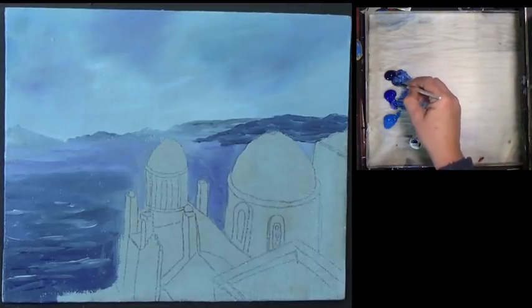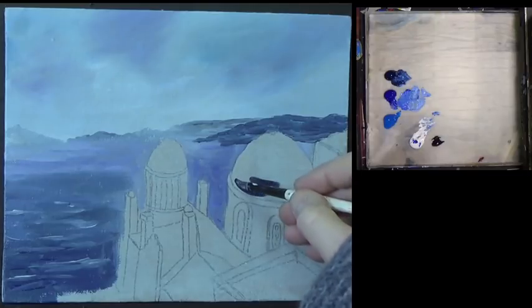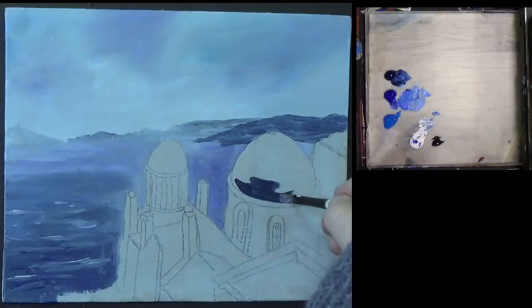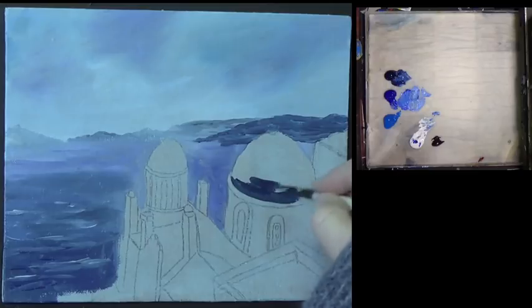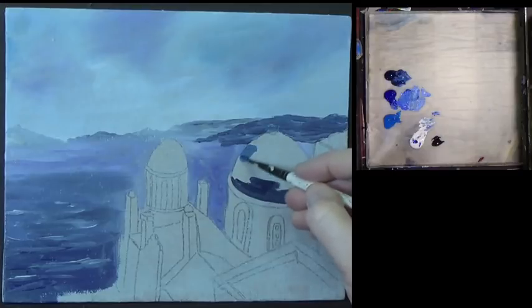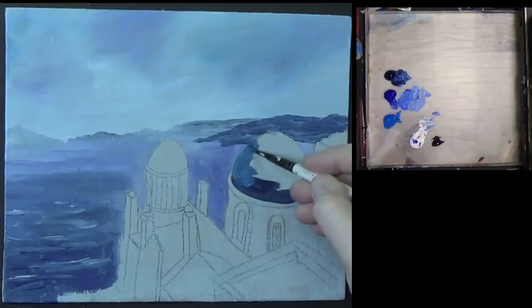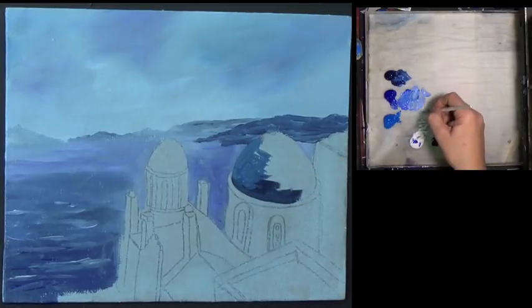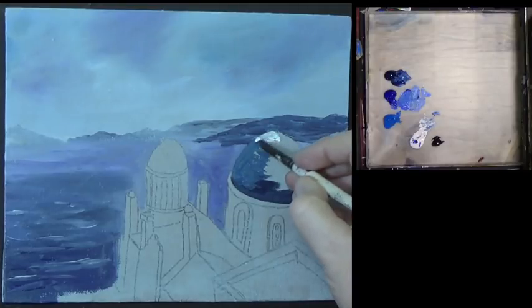So I'm going to use the same brush, but I'm going to go into some Prussian blue, and I want to just paint on a semicircle type of brush stroke like that. And as I do that, I'm going to pick up some cerulean blue now. I'm going to add that in just to get that dome shape. And then I'm going to pick up a bit of white just on the tip of my brush like this, because I want to go into the top of this dome, because that's getting a little bit of a light,